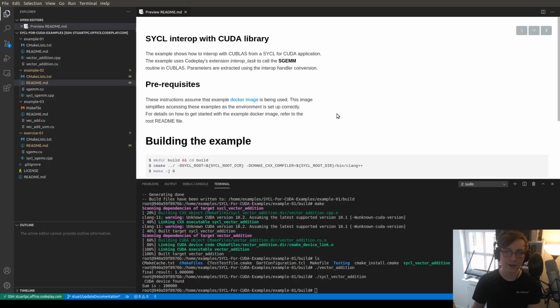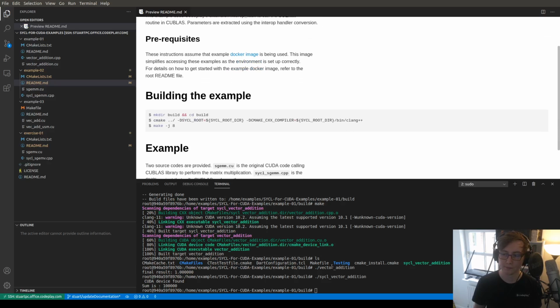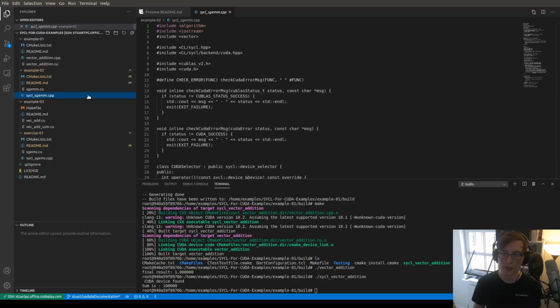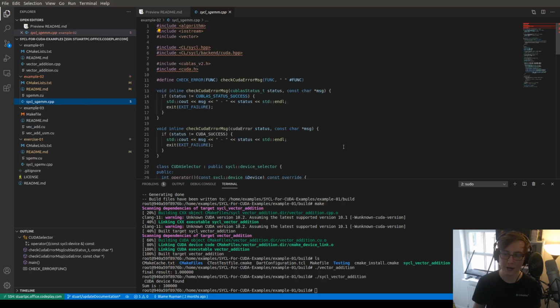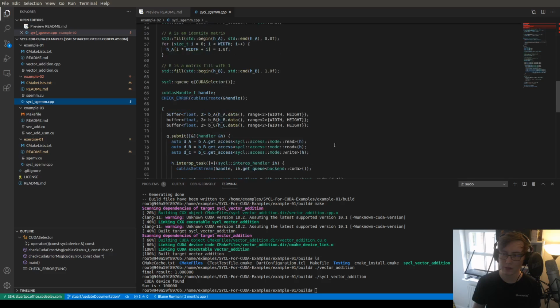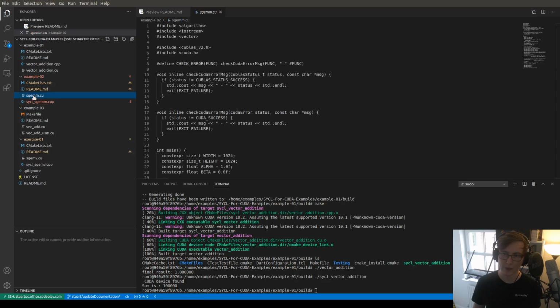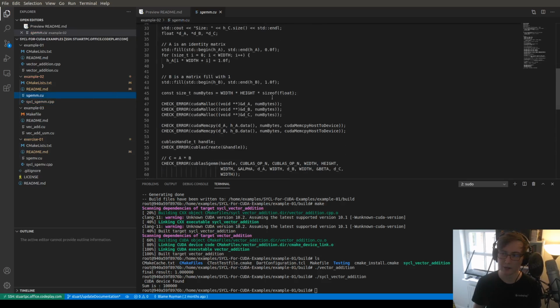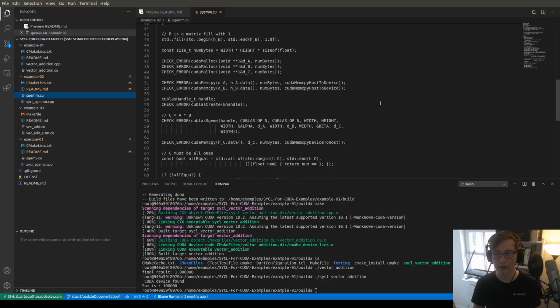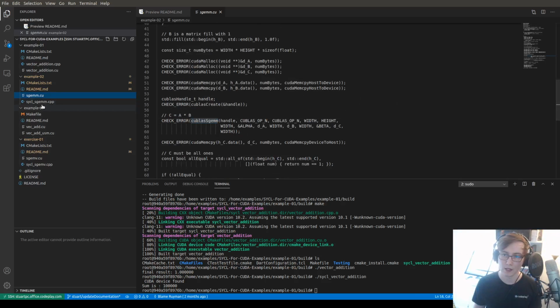The API in question is cuBLAS, which is a linear algebra library that is built on top of CUDA. Here it's just calling the SGEMM API, which I believe does a matrix-matrix multiplication. So we have two programs here, and you can just compare how to call cuBLAS from CUDA and how to